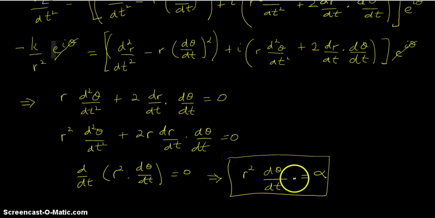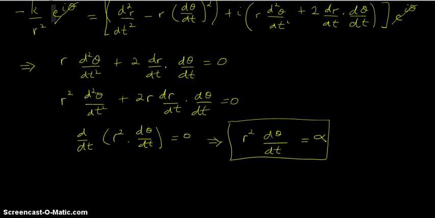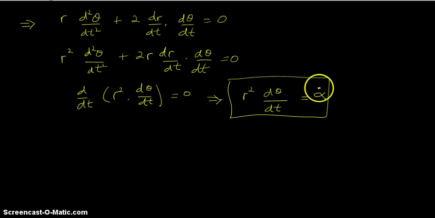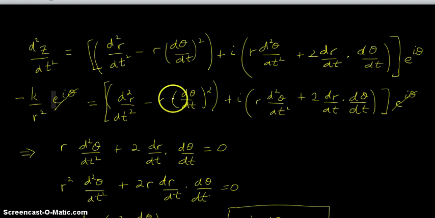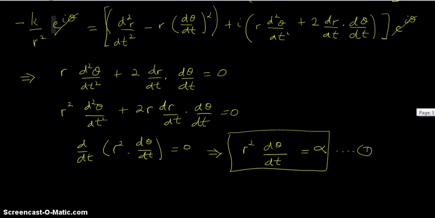This is a rather interesting result because it's related directly to the angular momentum of the body of mass m. It's always fixed, always constant. Now the other term that we need, we'll call that one there 1 for the moment, is this one up here. This is real and it's equal to k squared minus k squared on r squared. So what we have from there